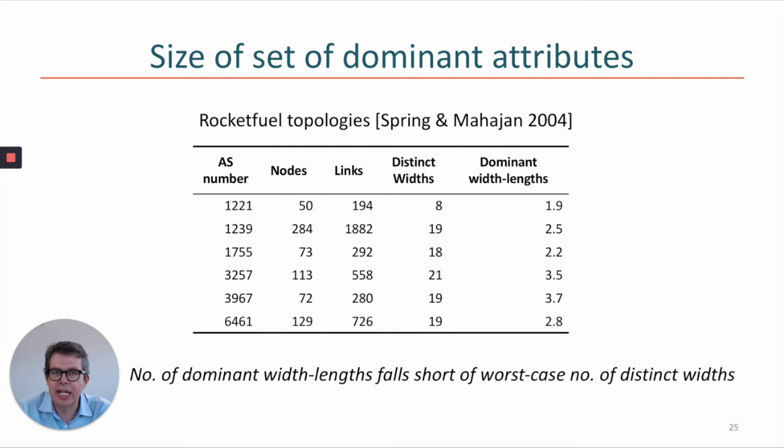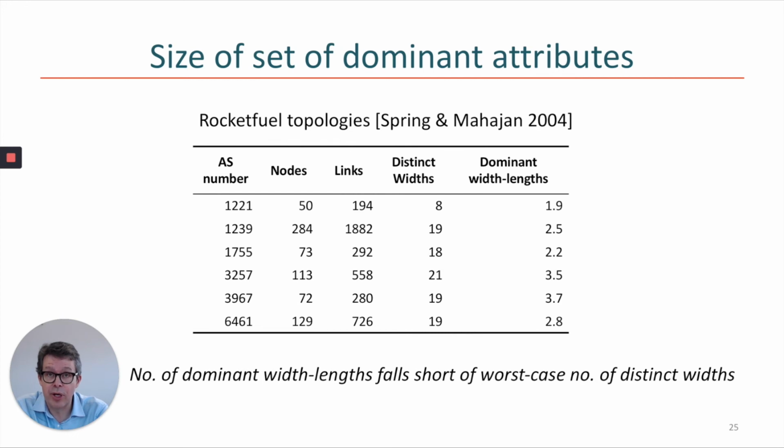What is the practicality of our approach to routing on multiple optimality criteria? So we developed a computational toolbox to answer 2 main questions. What are the sizes of sets of dominant attributes? And what is the speed of convergence of partial order vectoring protocols? We based our evaluation on 6 Rocketfuel topologies, characterized by their number of nodes and links, as shown in this chart.